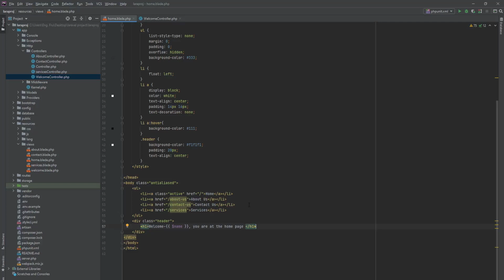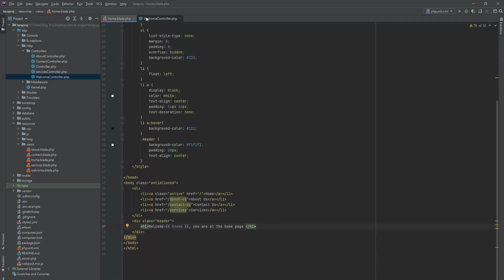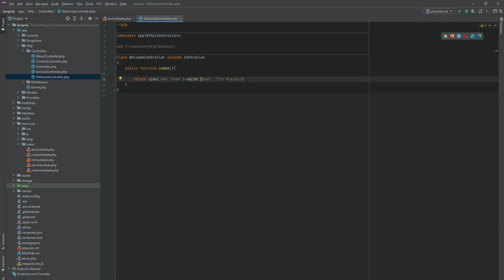All right, so we have seen how you can display data back to your home. So you can use the with method, or you can put it here. There's another method called compact, but we are not going to see that here. Maybe we are going to see it in later videos. Okay, so for now, let's focus on these two. And I think as a developer, any of them can do. All right, so